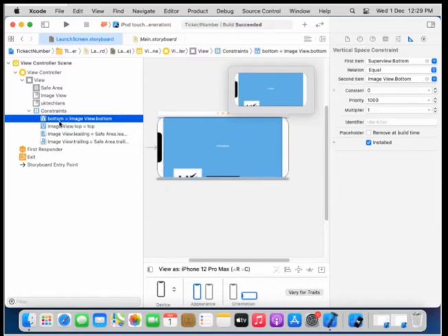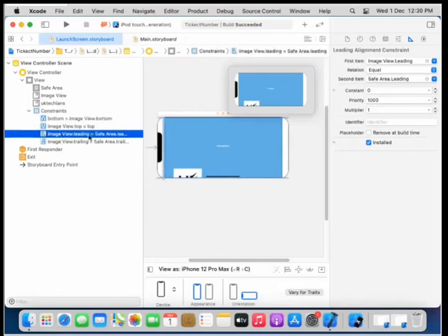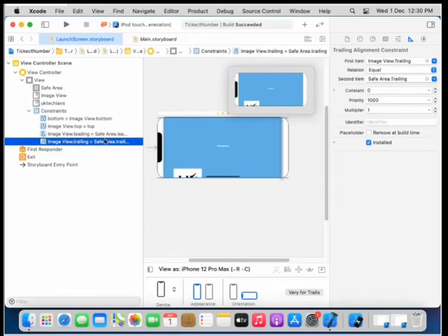So on the top and the bottom, it shows that it is connected with the image top and image bottom. But when we see the leading area is equal to safe area leading and trailing area is equal to safe area trailing, what we need to do is change these items, right?